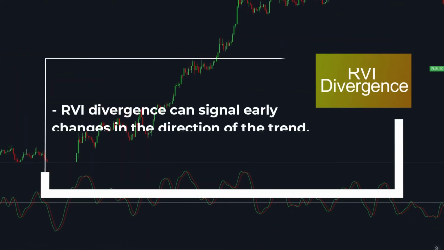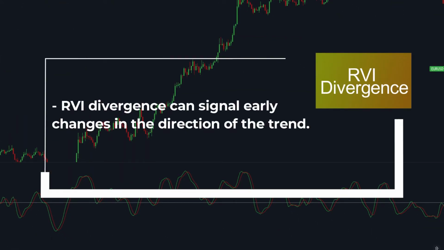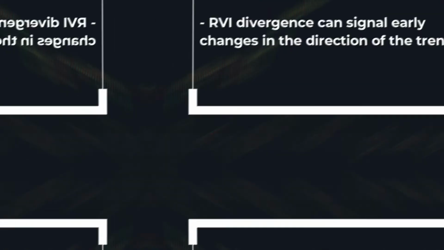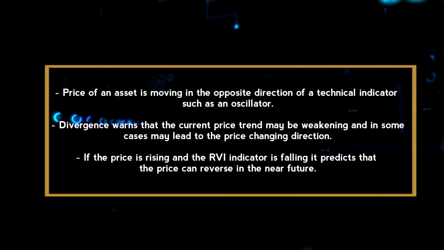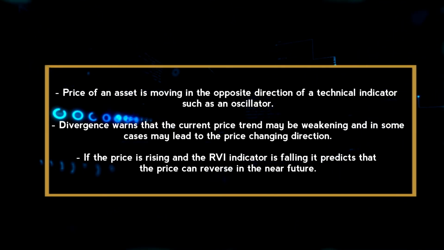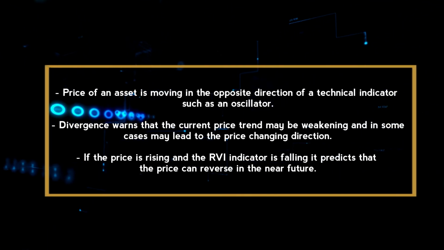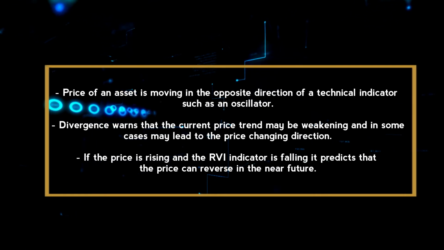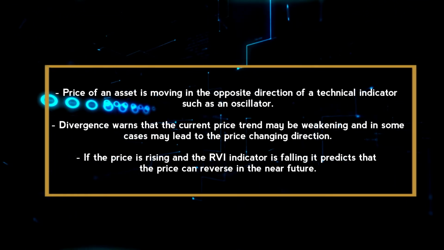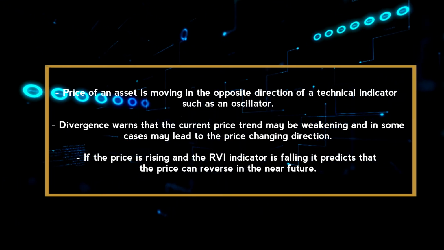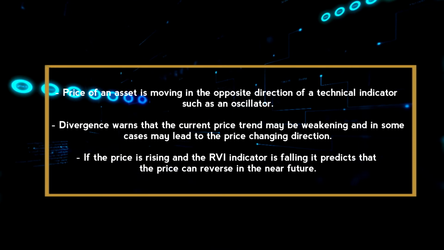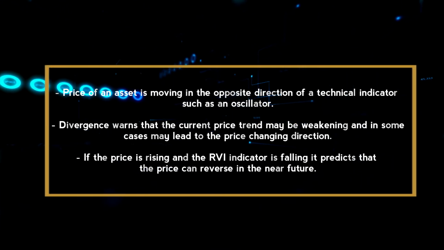The last strategy is the powerful RVI divergence. RVI divergence can signal early changes in the direction of the trend. Divergence is when the price of an asset is moving in the opposite direction of a technical indicator, such as an oscillator, or is moving opposite to other data. Divergence warns that the current price trend may be weakening, and in some cases may lead to the price changing direction. If the price is rising and the RVI indicator is falling, it predicts that the price can reverse in